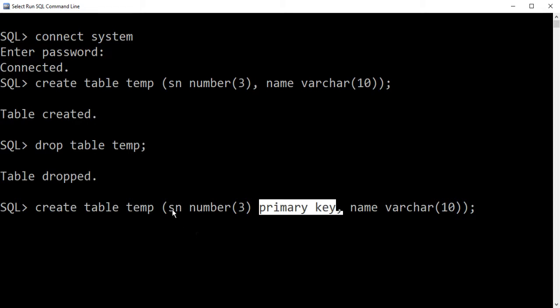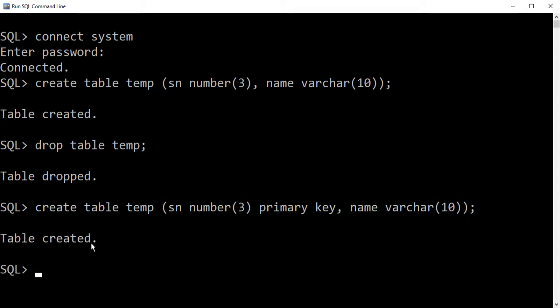So I want to declare this serial number as the primary key, and I have not specified any constraint for the name. Remember, we can only have the primary or referential integrity key constraints for a table. We cannot have the candidate key or super key. These are just terms that we generally use to select the keys, primary key, candidate keys. Okay, but in a table we can only declare the primary key and the foreign key. Okay. So after pressing enter, we get the message that the table is created.